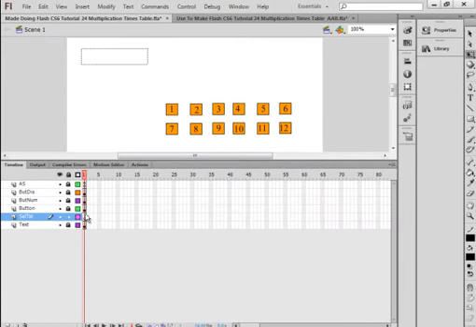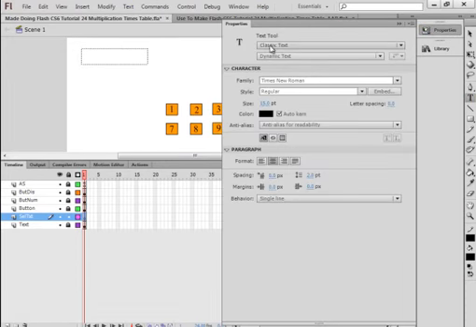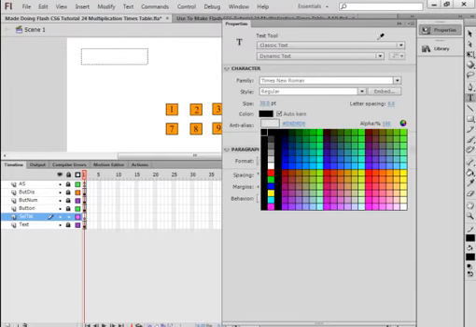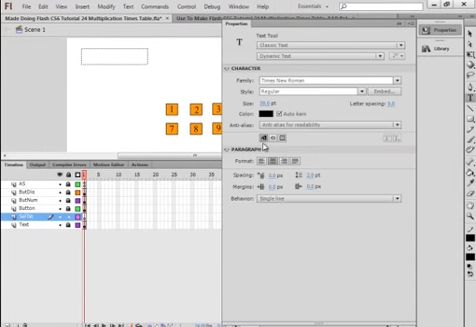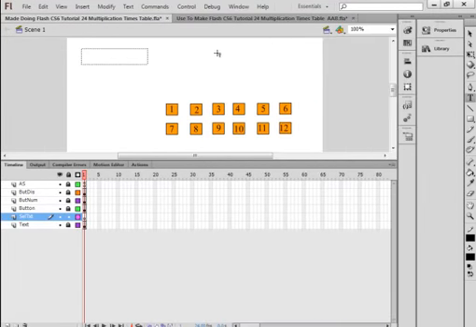Selecting that frame 1, picking up my text tool, opening my properties panel, making sure classic text is here, making sure dynamic text is here, Times New Roman, and let's make this fairly big. Let's make this like 30, and select black, and make a little text box here. It's only got to hold 2 digits,